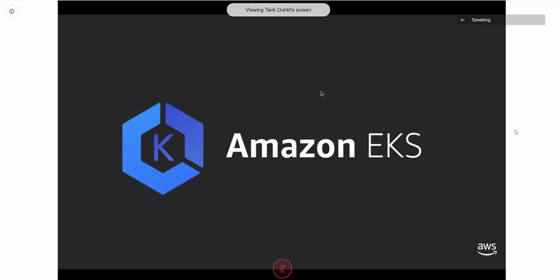Okay, so we've talked a bit about ECS, which is one option for deploying containers on AWS. At AWS, we want to give you the choice. We have some customers that want to use ECS. It has a lot of very strong native integrations with AWS. We have some customers that prefer the open source technologies and would rather use something like Kubernetes. So I want to take a few minutes and talk a bit about Kubernetes on AWS.